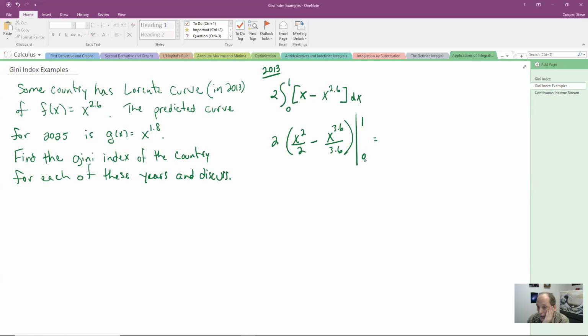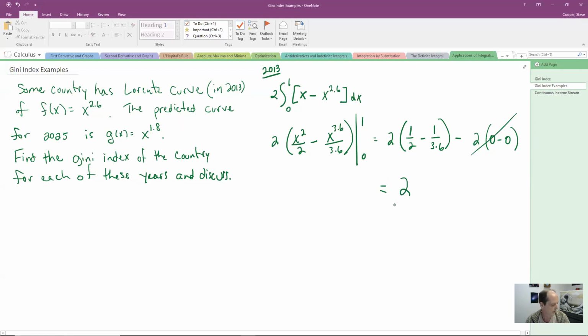Now it's kind of nice that 0 is the lower limit because that's going to make that calculation easy, and 1 makes this calculation easy. So this is nice and neat in terms of our bounds. So this will be 2 times (1/2 minus 1 over 3.6) minus 2 times (0 minus 0). So this won't even factor in. Okay, so that's going to be equal to 2 times,